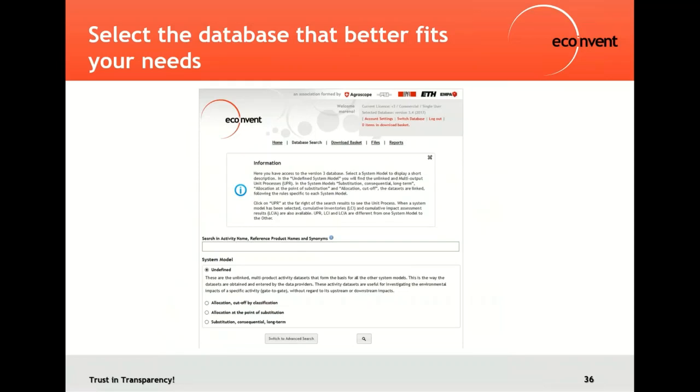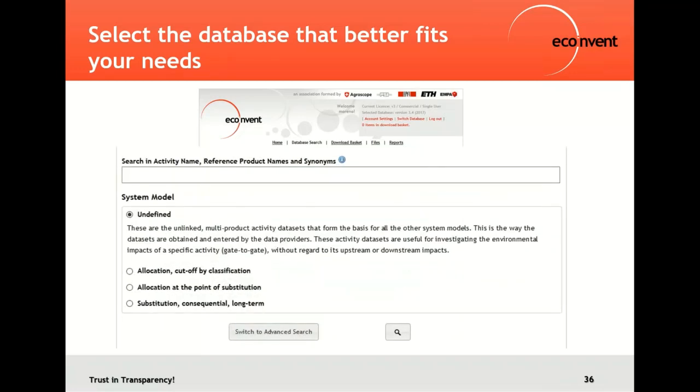Okay, once you have chosen the version 3 release that you wanted, so let's keep on the 3.5, you will now be able to select from which system model, or if it's from the undefined database, where do you want to do your search? What is it that you want to explore? And you would be able to choose between exploring the undefined database, where here is where you can check the uniprocess at the unlinked and unallocated, also before substitution